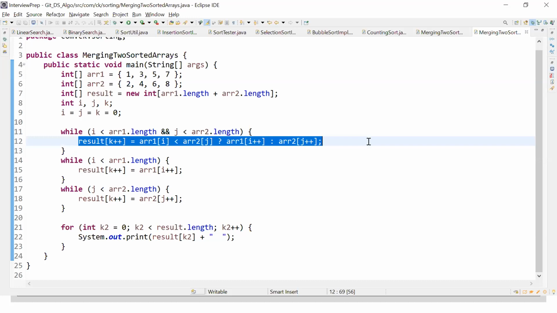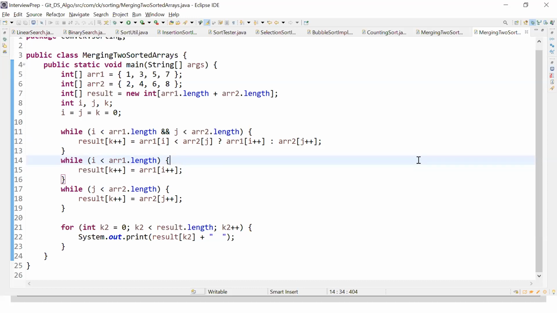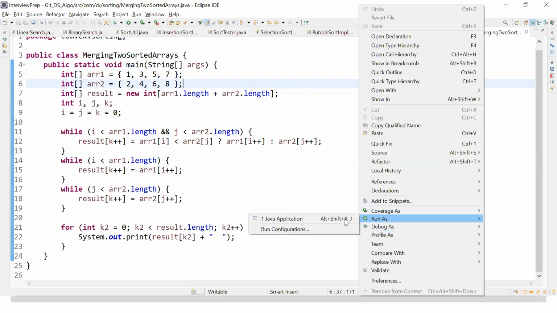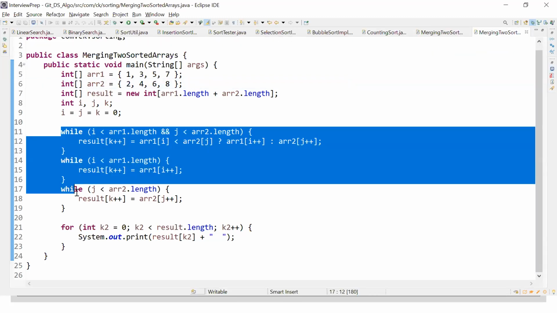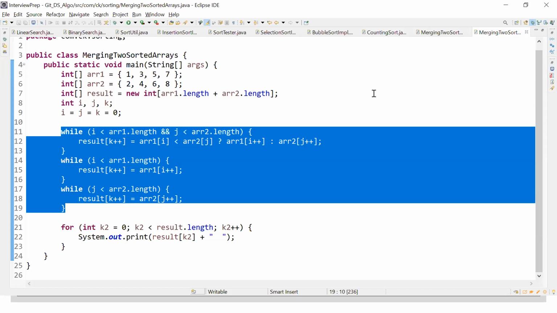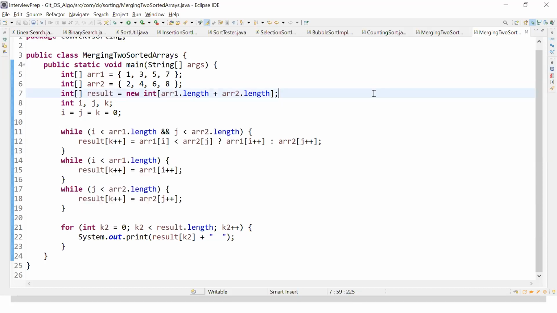Let me not waste time explaining what a ternary operator is, but here what I wanted to say is, I'm able to write code in an even more elegant way. Let me try to run this for you. And here it says I'm able to run this: 1, 2, 3, 4, 5, 6, 7, 8. So these while loops are having a ternary operator inside, and I'm able to make it as compact as possible, right?